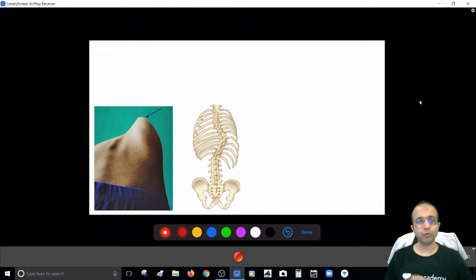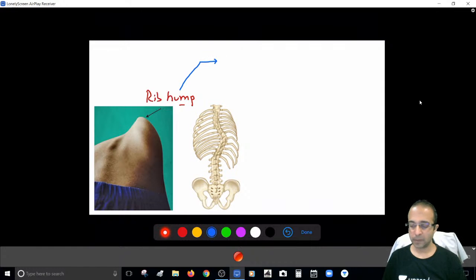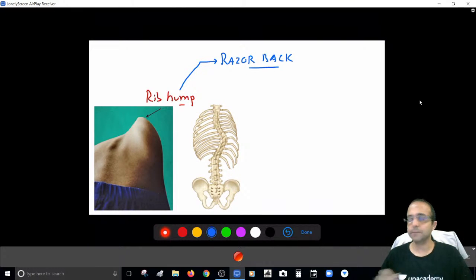Another very useful clinical feature is the identification of what you call a rib hump. Now just understand, rib hump is a very gross kind of a word, I would say. Technically, we call it scientifically a razorback. I'll tell you what is a razorback. See,